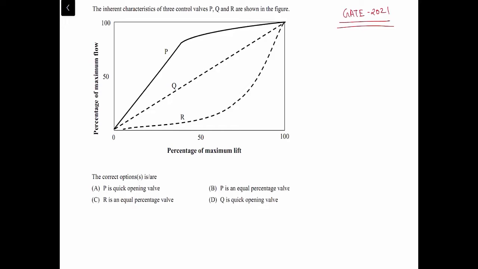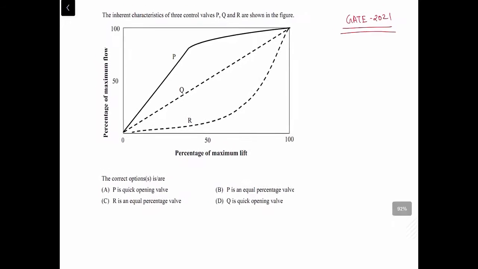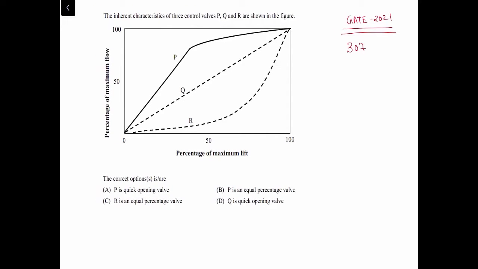If you see this, it is given on page number 307, as the graph is given. If you have read that book, the second edition, page number 307, it is directly given. It means that if you have read the recommended books properly, there will always be some question from that part. So what is given?